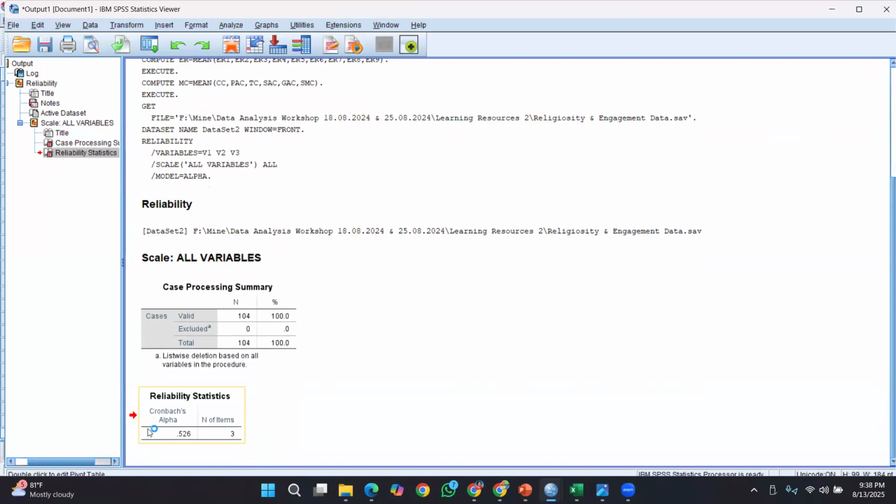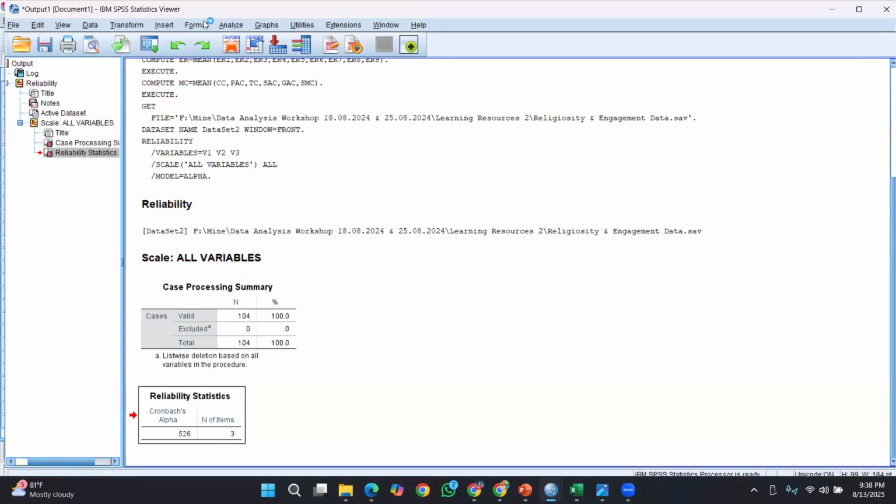So what we can do is improve this value by removing the low contributing item.